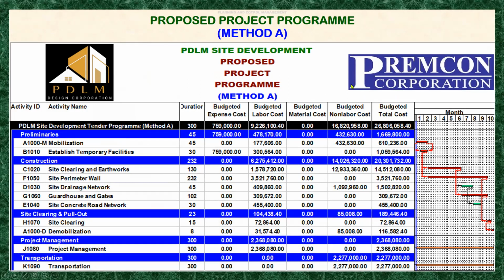So here in method A, you can see that we have no markup, we have no separate markup activities here, right? Only all the direct and indirect activities are shown here, but the markup costs are added into all of the expenses, labor costs are added onto here for each of the activity and come up to a total amount here. That means the markup costs are addressed into every activity. While if we will look at our method B here,